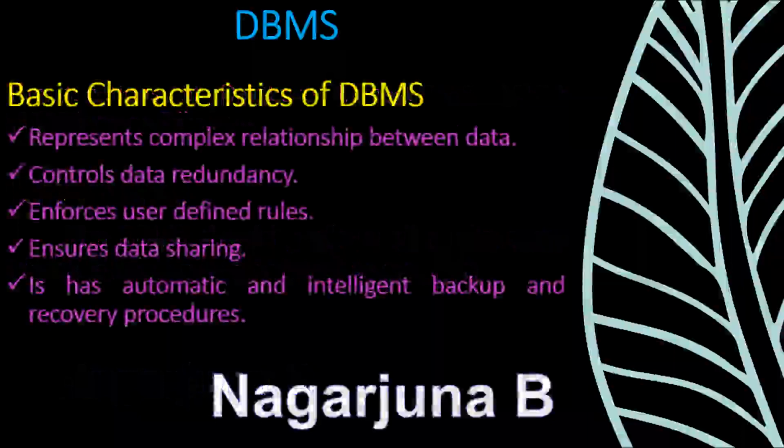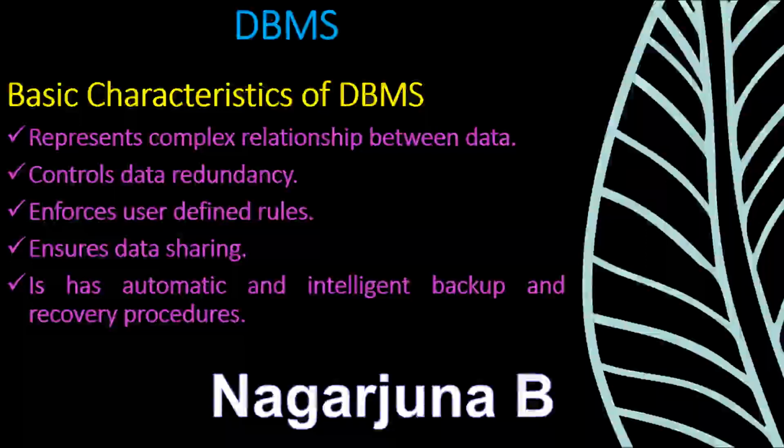Characteristics of a database management system: represent complex relationships between data. We use the database for the purpose of storing data. Here we store data in a simple way, simple values as well as complicated values, and it provides an opportunity for storing complex relationships also. It means a relationship between data, from one data to another data. Those related values can be stored very easily.